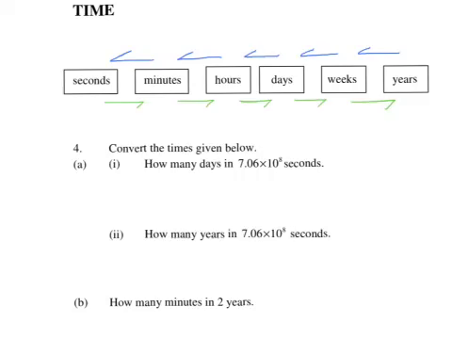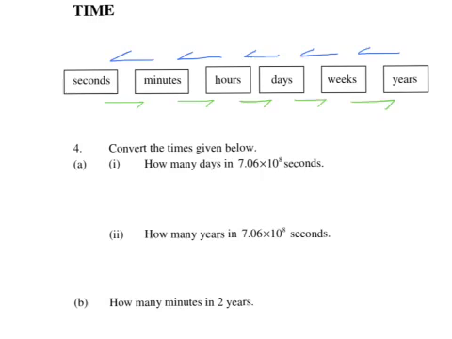We're going to start looking at converting between the different measures of time, that's the different units of measure for time, which are years, weeks, days, minutes and seconds. Now these are not metric measures, but we use values other than multiples of 10 to multiply and divide. So starting on the right hand side we've got the large units of measure, and on the left hand side the smaller units of measure. So we're going to start with